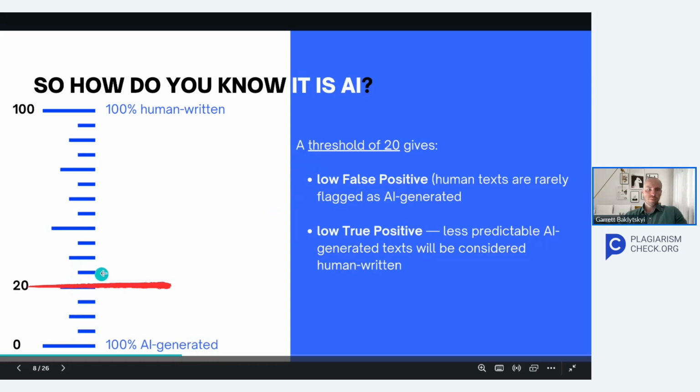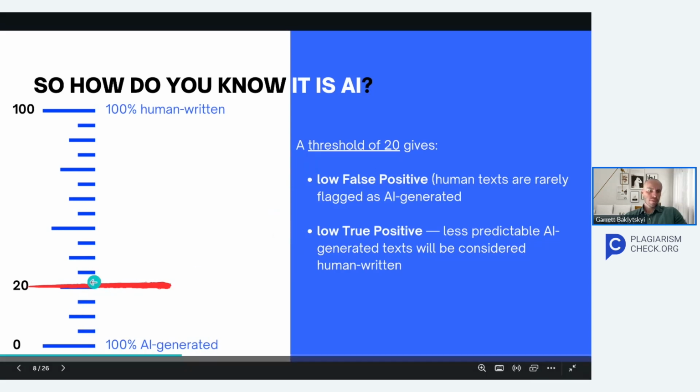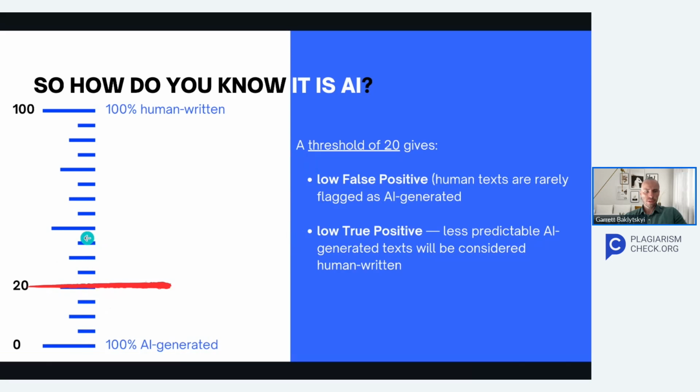The majority of people will write in this area, so their writing will be considered as human written, and we will have low false positives when their writing is considered as AI generated. On another hand, this AI detector has a low true positive rate, when the text is correctly identified as AI generated. This is caused by having this threshold on such a low level. So this AI detector will miss the AI generated text that has higher metrics than 20.